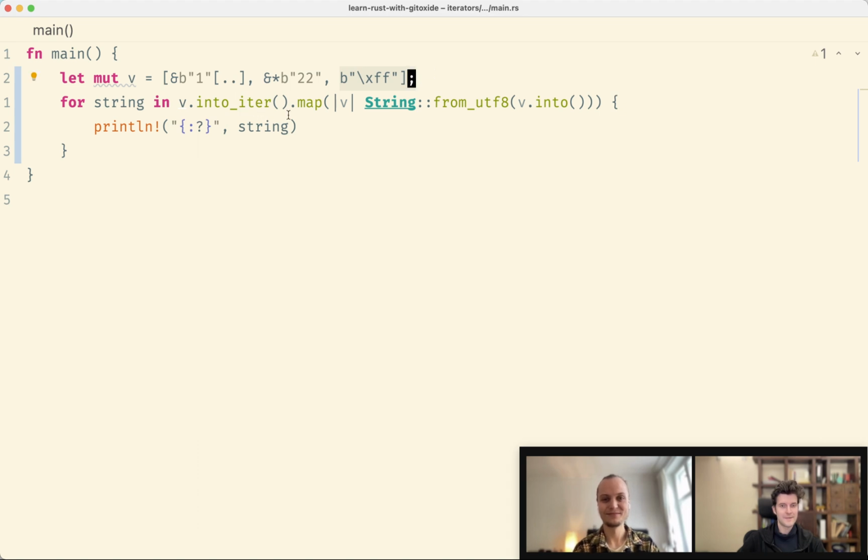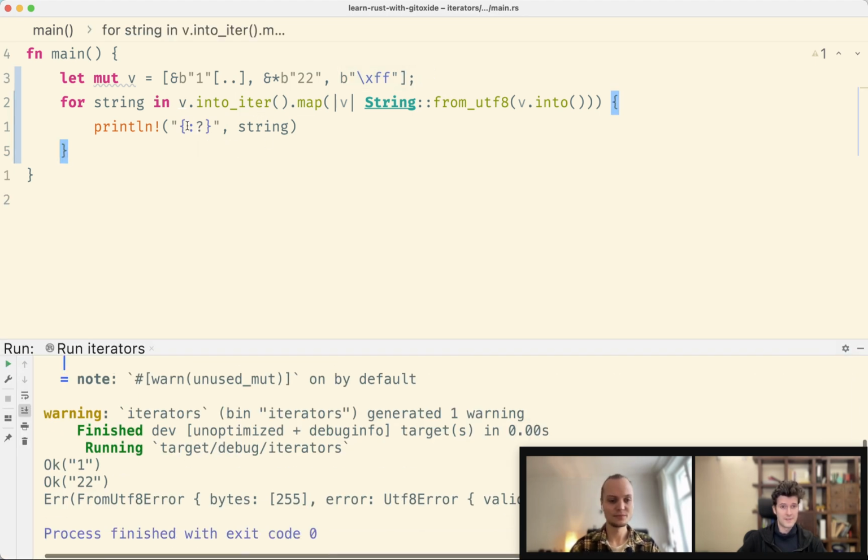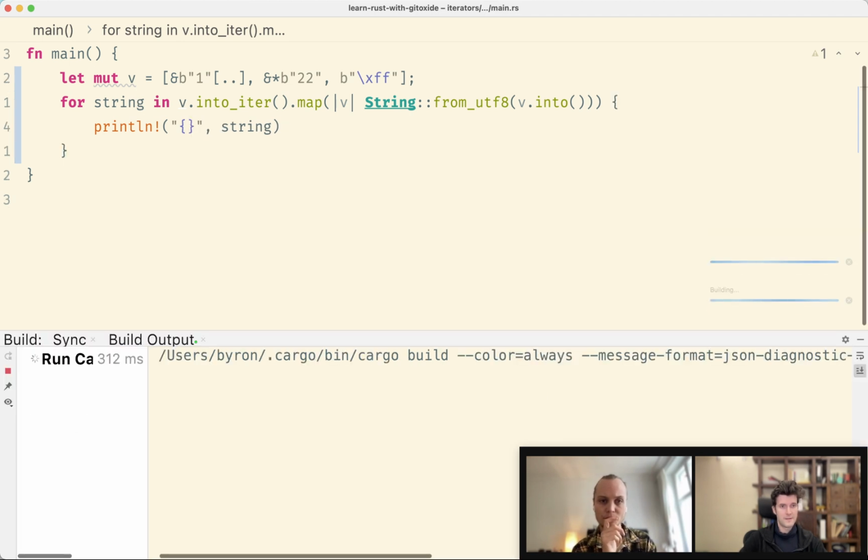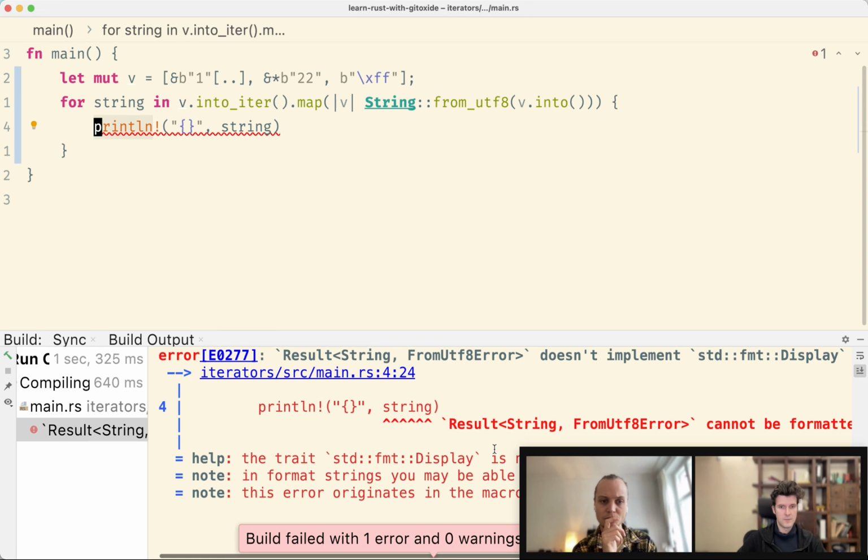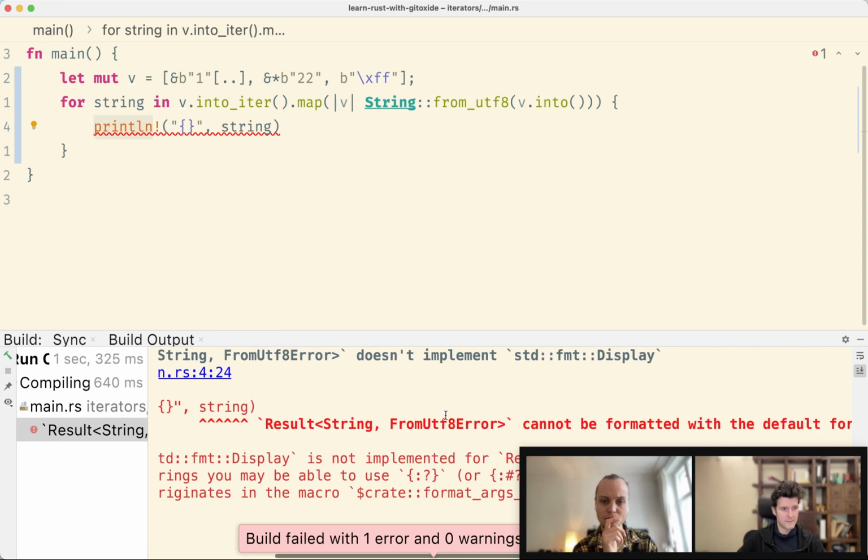Nice. And now I'd say, well, we don't want to print the error here. We want to print a string. If I try that, it probably tells me that it can't do it because we still have a result. And now finally, after